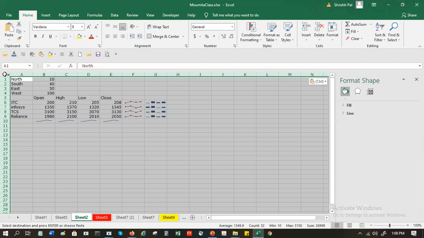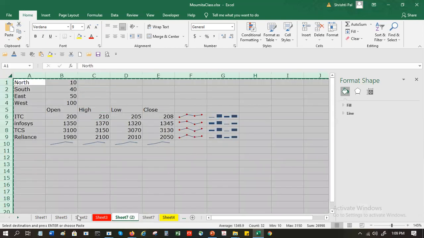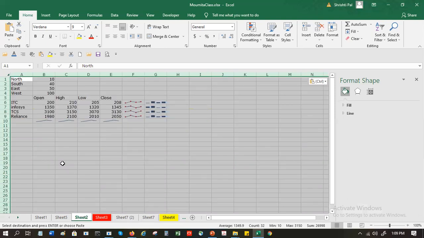I copy the whole sheet, select the corner, and paste it in the other sheet. Everything should be pasted in there.